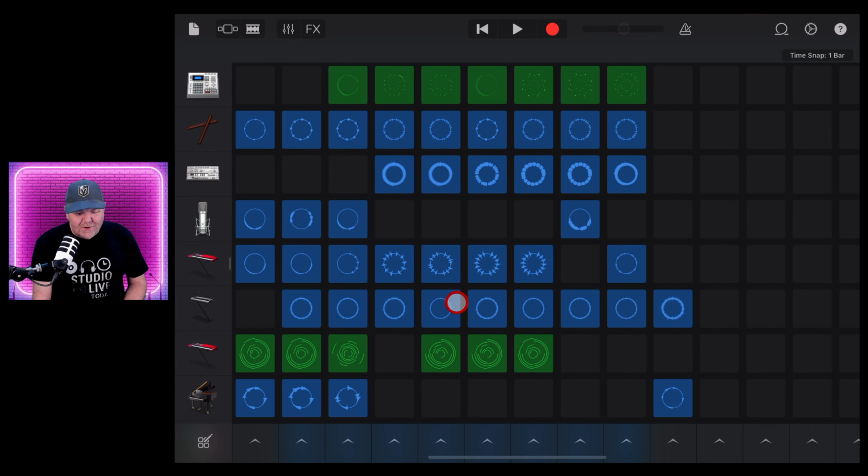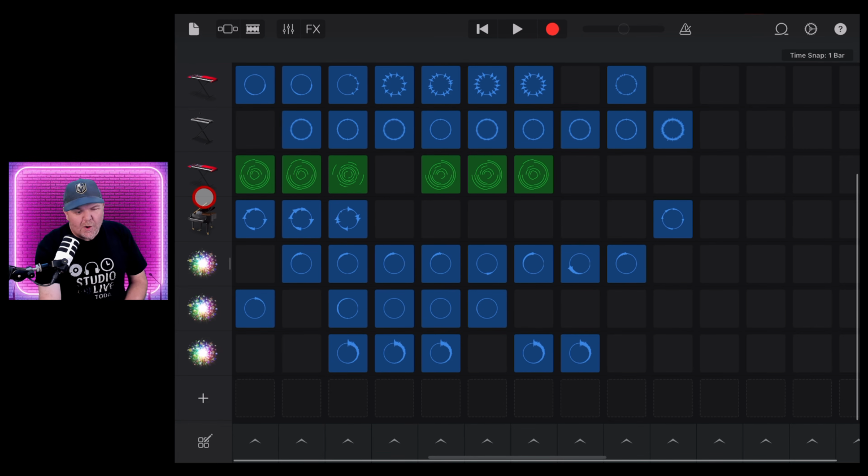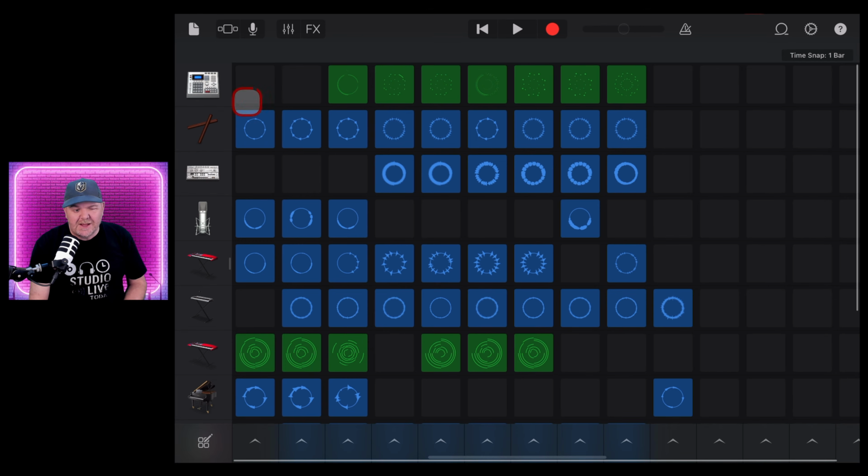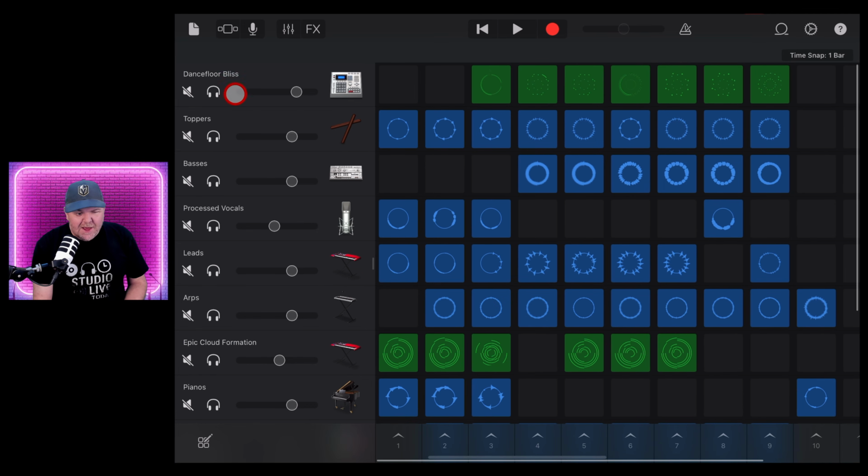And you'll see you get a grid that's kind of like Ableton, if you've ever used that. We've got down the side here all of our different tracks, and then we've got all of these cells. Now, each of these cells is a different part for each of these tracks. So for instance, up the top here, if we slide this one out, you can see that this is our Downtown Bliss. So if we tap each of these cells,